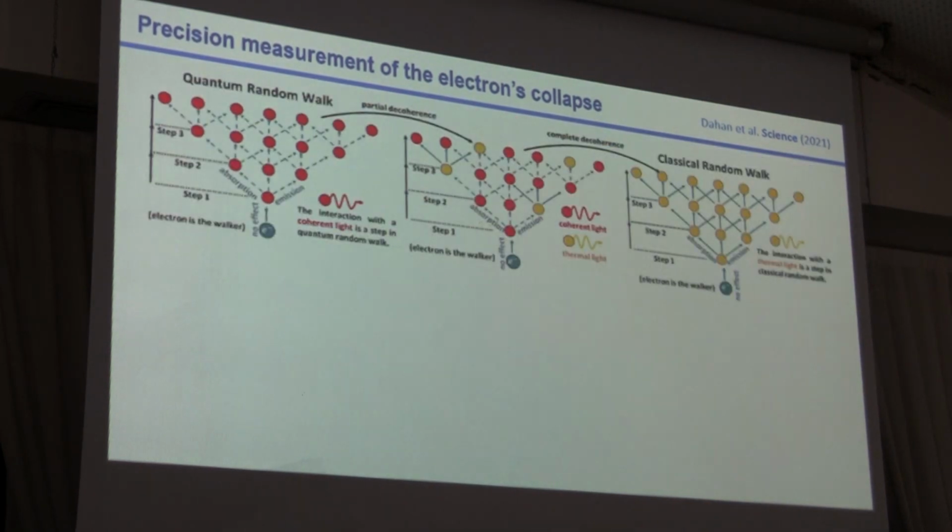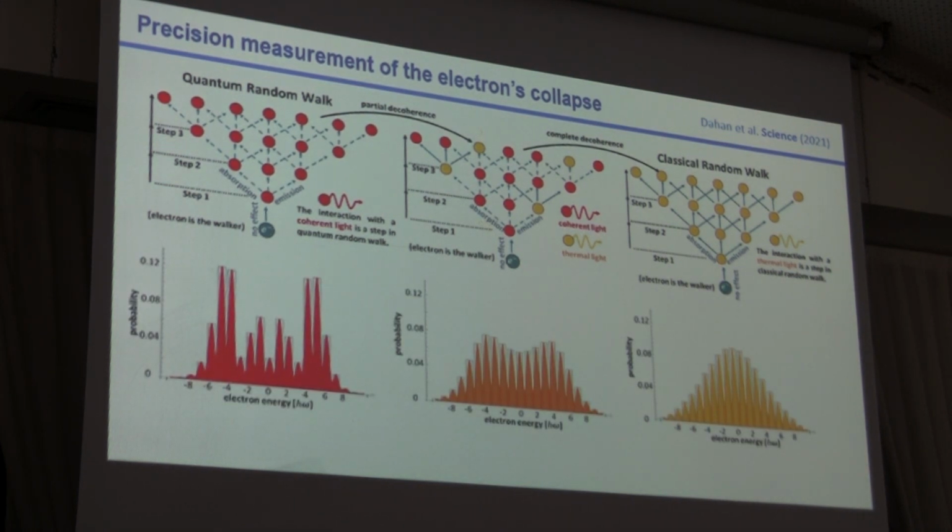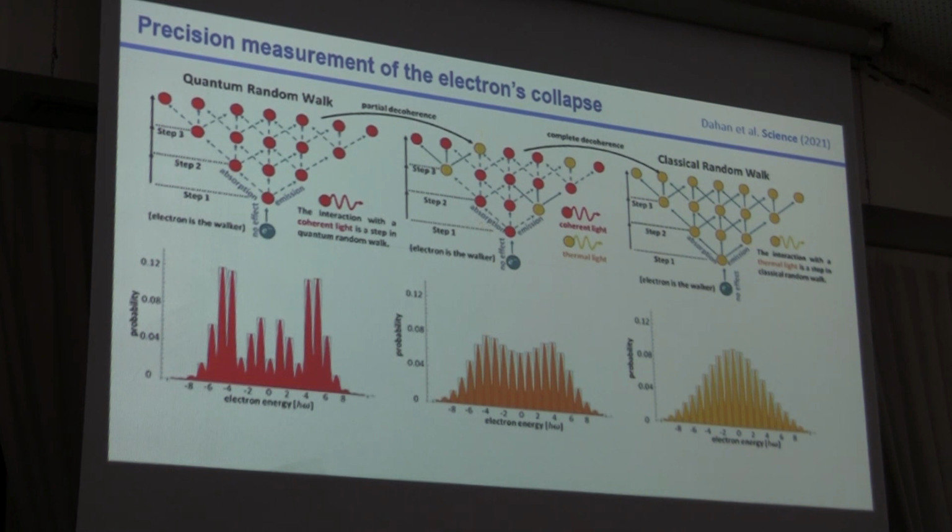But when we change the nature of light, we can change also the way the electron behaves from doing a quantum walk to doing a classical random walk. And then the result will look like a Gaussian. So the electron will go like this classical drunken walker that will create this Poissonian-like, Gaussian-like distribution. And that really allows us to tune how much collapse happens in the interaction between electron and light by the nature of light itself. I can go on about this and tell more, and I'm happy to discuss this more, but I want to take us to an even more fundamental question in electrodynamics and try from there to propose an idea for quantum gravity.